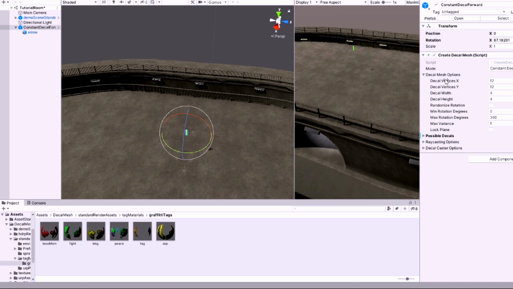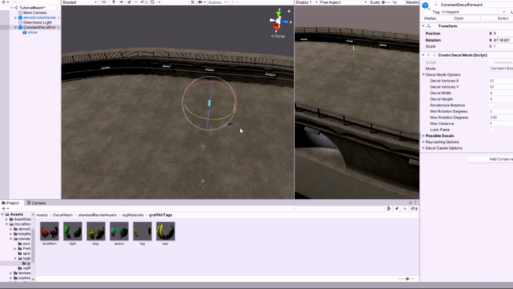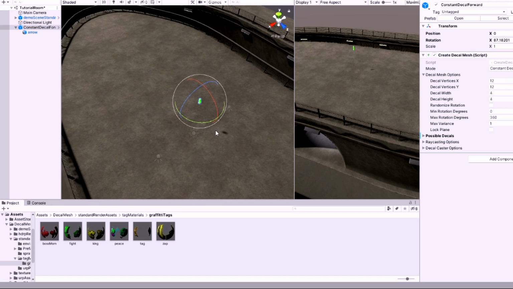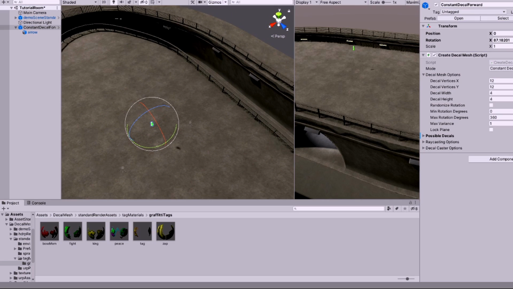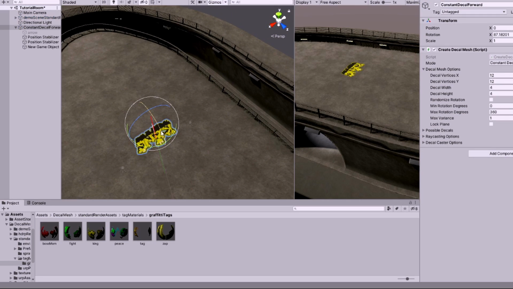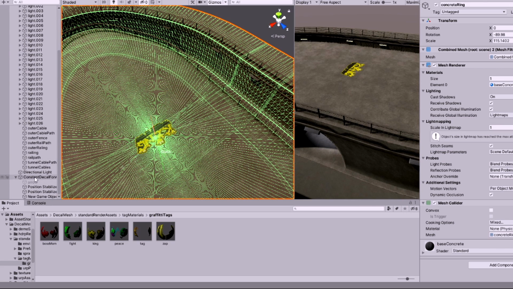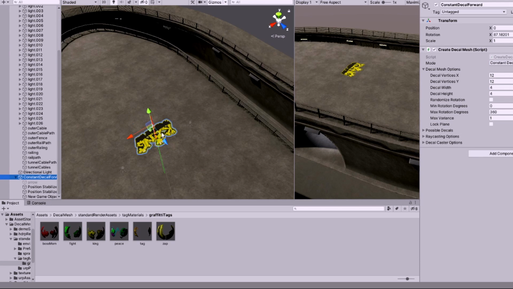But for now we're going to go into this, and these are just the basic parameters that define how the mesh is created. What this asset is doing is creating a mesh and then shaping that mesh to match the surface underneath using physics raycast against a collider. And so you can see that if you move this,